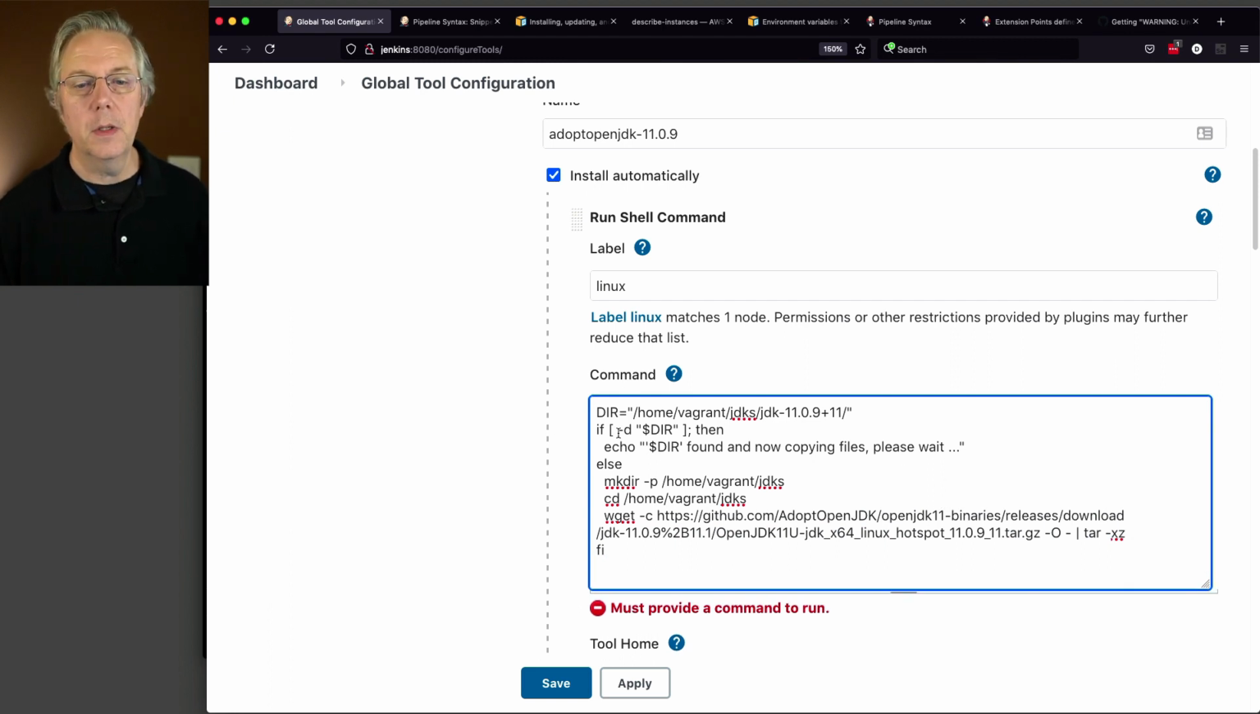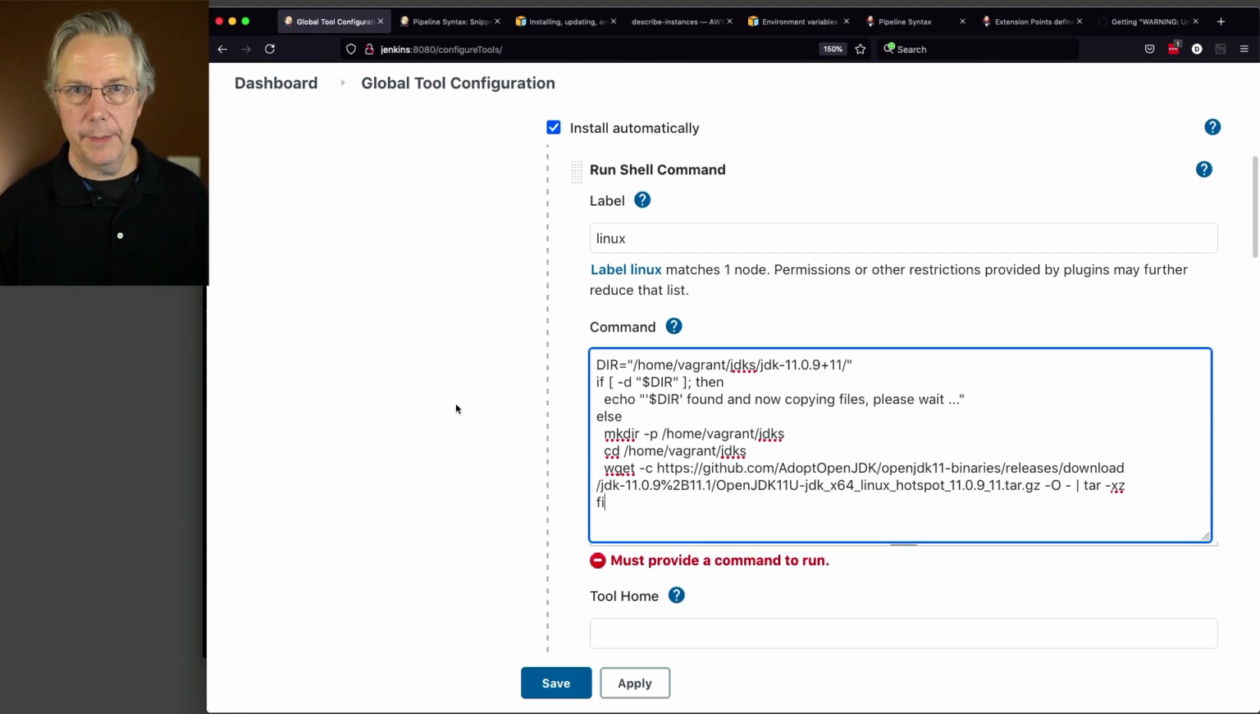Okay. So here's the thing when you run a shell command. Every time a job runs, this command will also be run. So that's the reason why, knowing where I'm going to put this. There is a home Vagrant JDKs directory. This is not under the home Vagrant agent, but I'm just saying, I want to put it in the JDKs directory under my home directory of the actual instance. So what I'm doing is I'm defining a directory variable, and I'm saying, okay, if I find the directory, then